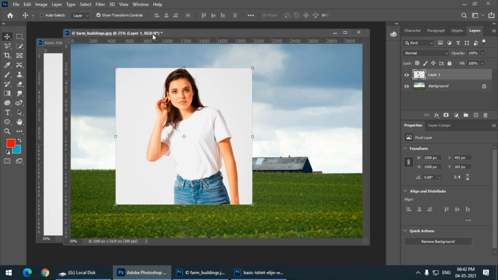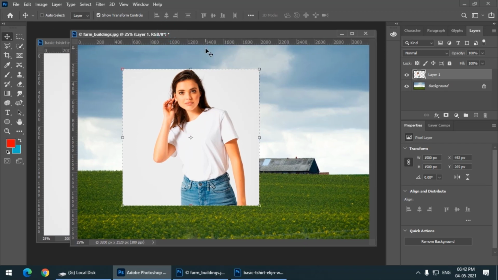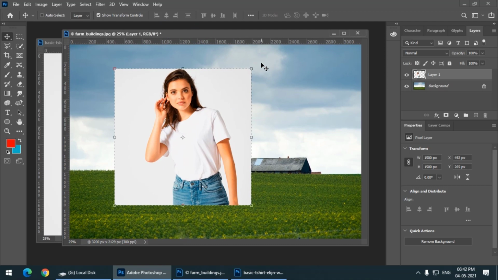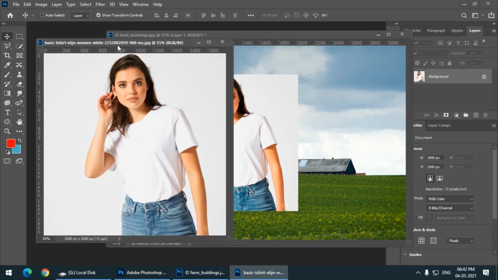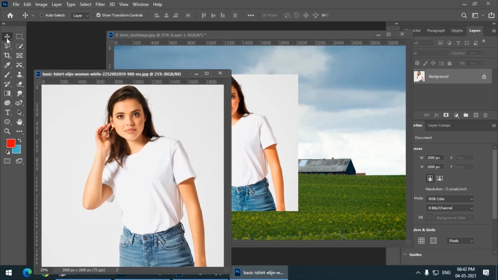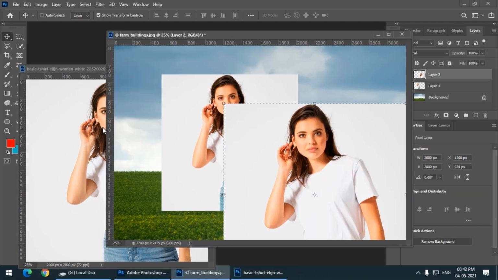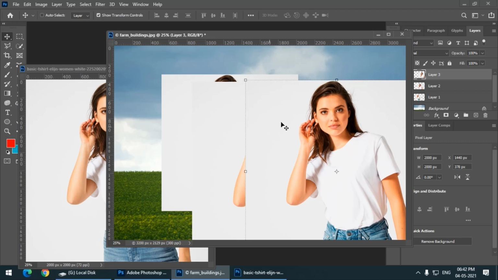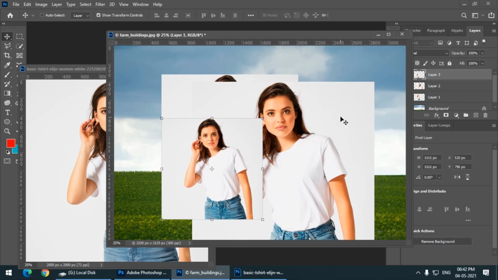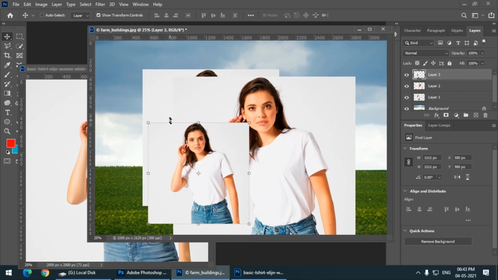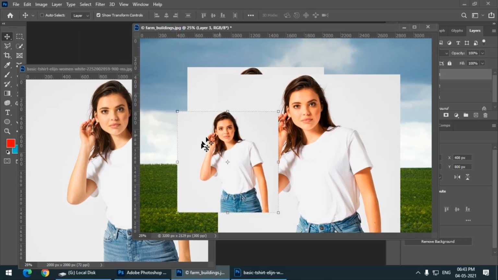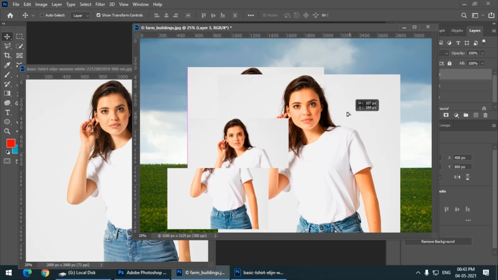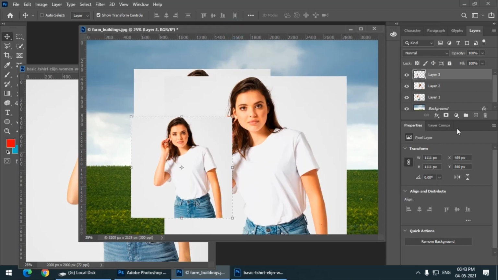So I hope you are understanding and you're following me. This is how you can move any image and place it into another image by using the Move tool. So let's say I moved the same image a number of times. I'll make this a little bit small, but now you can see I'm clicking on this image, but for some reason this image is not moving, only this image is moving even though I am clicking on this area. This is because of the layers.